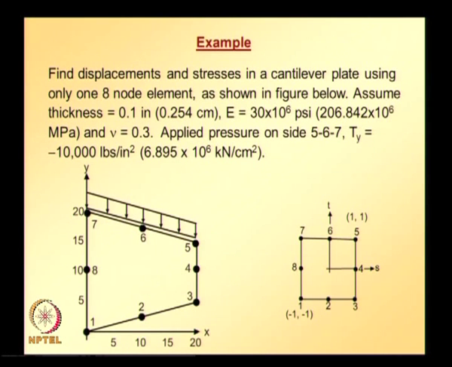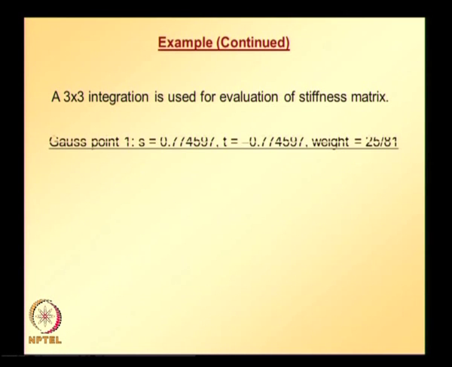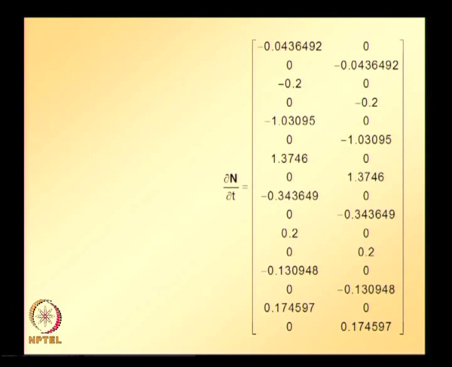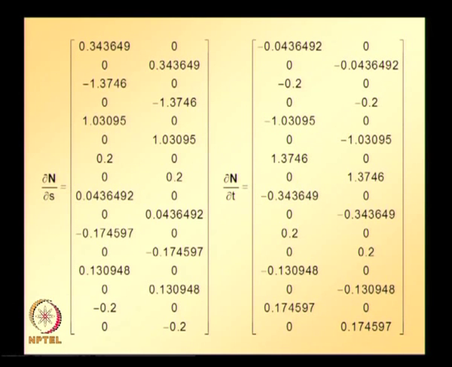element stiffness matrix. So, now let us take one integration point, coordinates and weights are given, and at that point we require to find the partial derivative of the shape function vector with respect to S and T. Those details are given here,